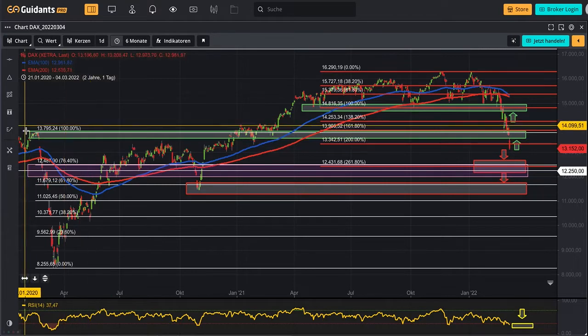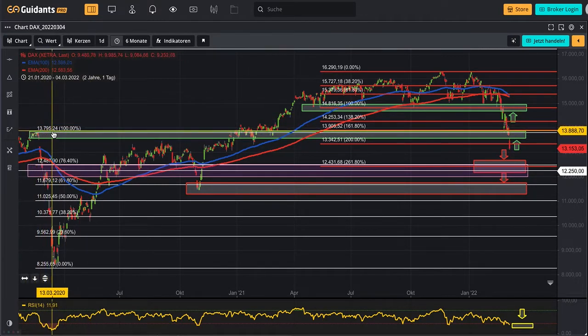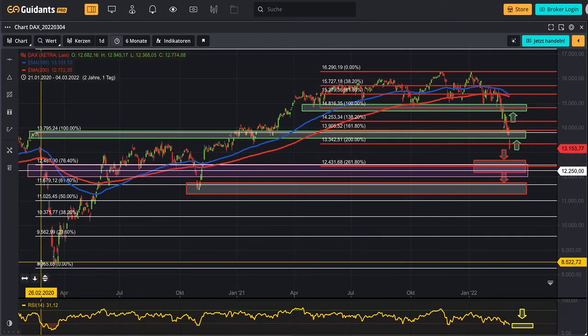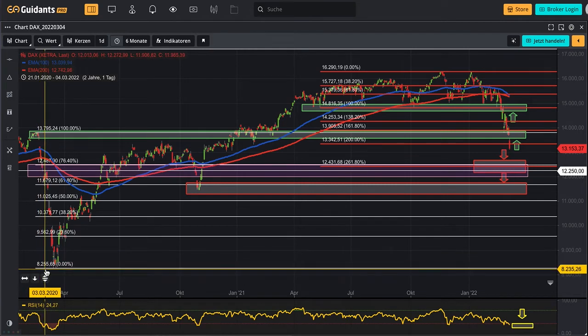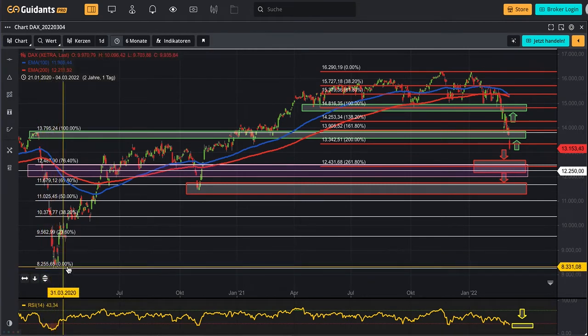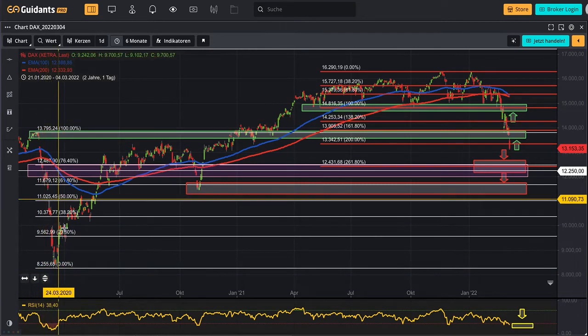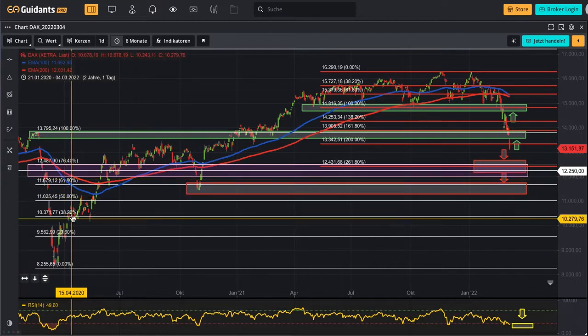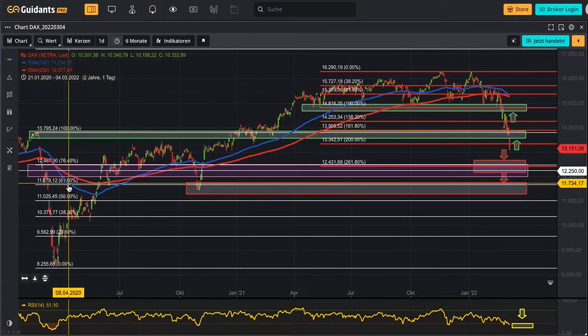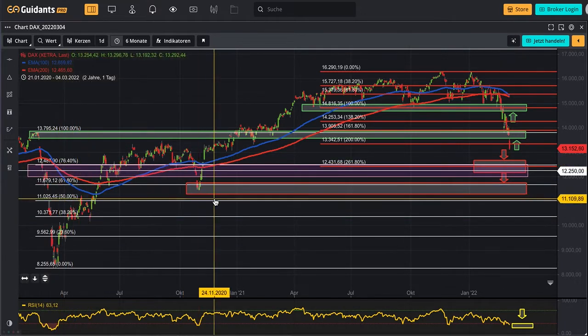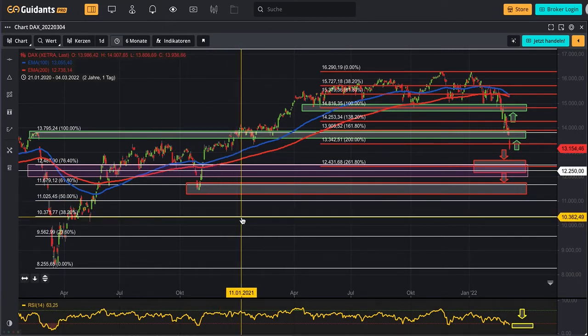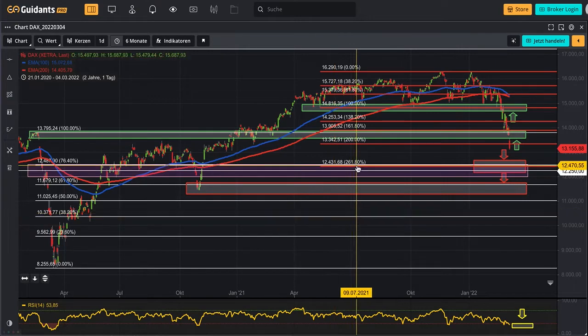You see the pre-corona crisis high of 13,795.24 as a 100% Fib and the crash low of 8,255.65 as a 0%, in combination with a couple of Fibonacci retracements you usually know, like the 61.8 and the 76.4. And on top of that, you see another Fibonacci retracement analysis, starting at